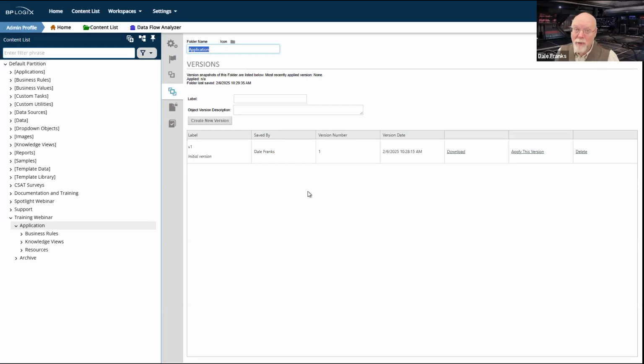Generally, our recommended process, again, you can make life as hard for yourself as you want, but our recommendation is that if you have to change the form or the process timeline, you go to your development server, you make the changes you need to make. You export the entire application out of your development server by exporting the parent folder. Then you re-import it into your production server as is, as an entire application, and then you version it again.